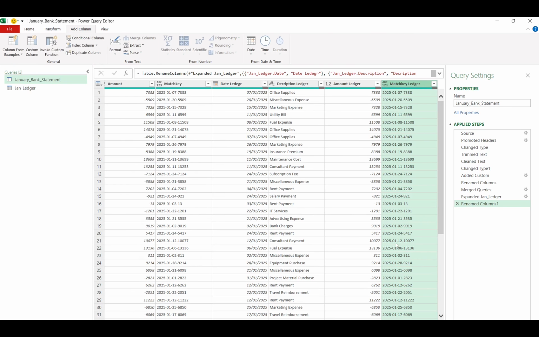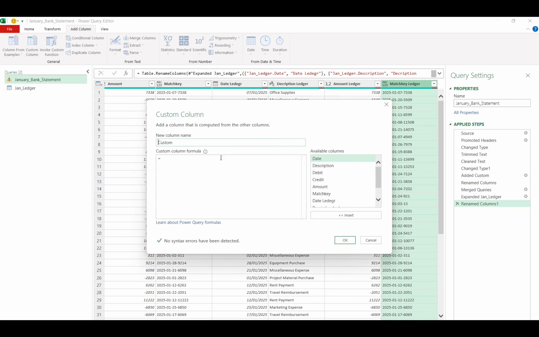That's it. Now what we will do, we will add a column here, and we will write a code. If amount ledger is the reference of the column,